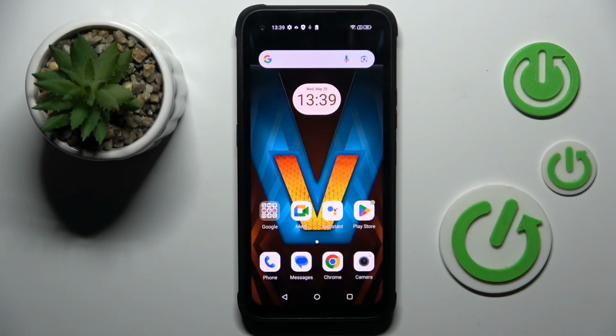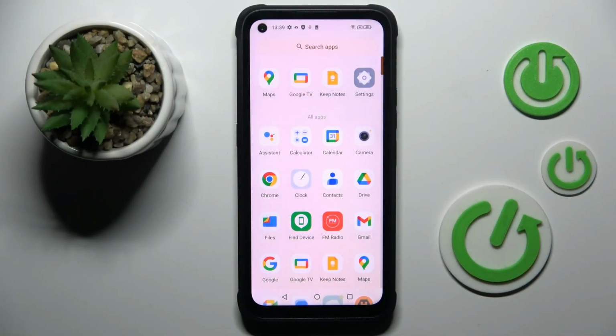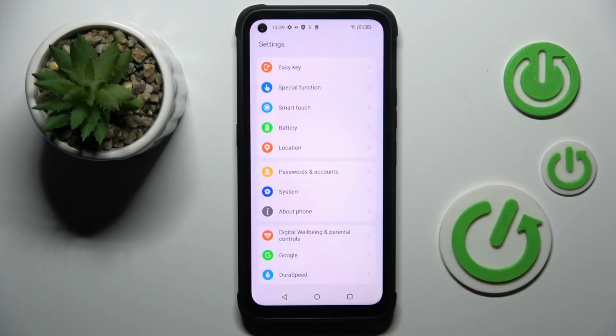Good morning guys, in front of me is Hammer Blade 5 and let me show you how to change wallpaper. At first, enroll the list of all apps and then go to settings. Now find and select